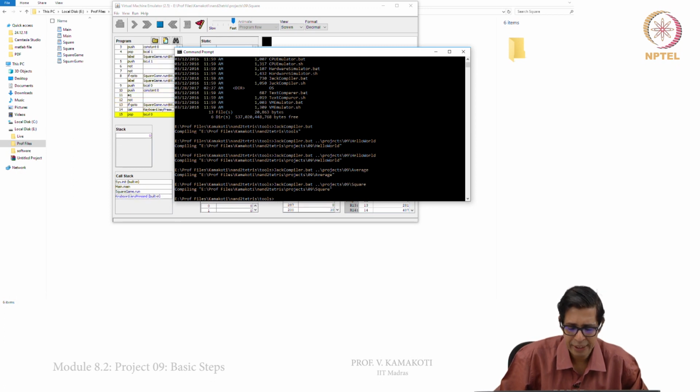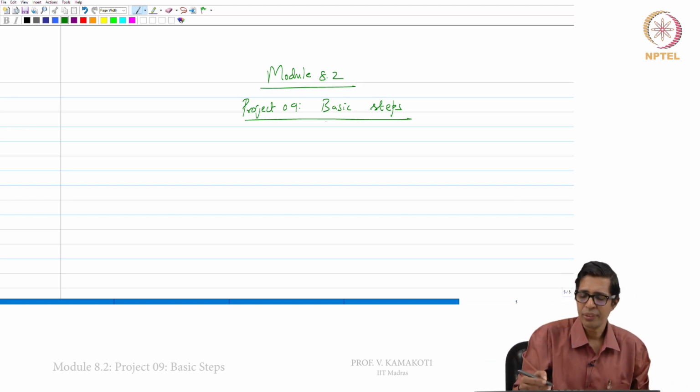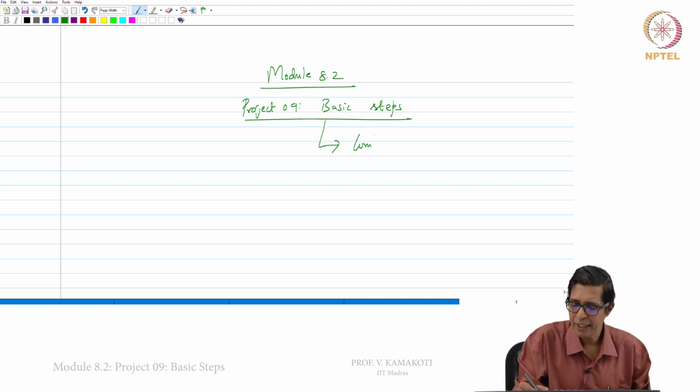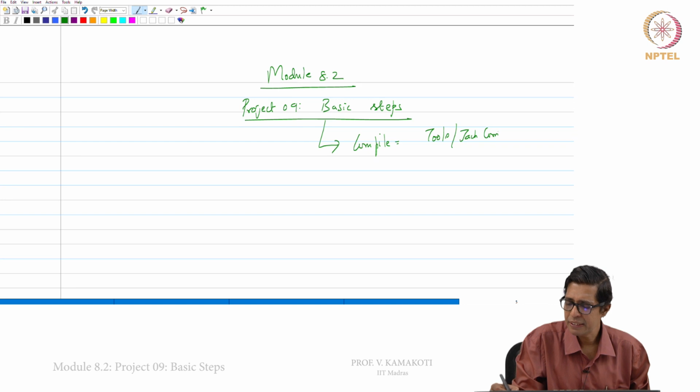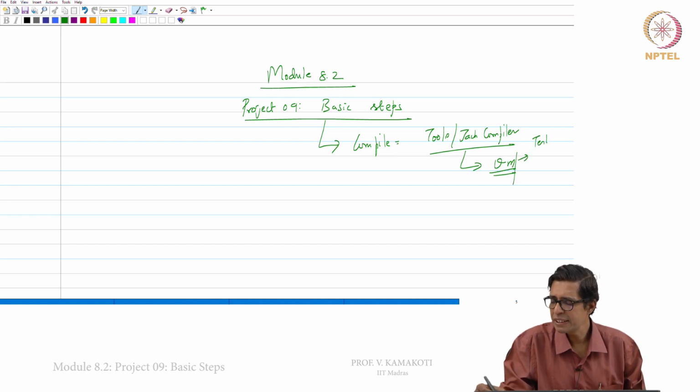This is what I wanted to cover in module 2. I want all of you to execute these things. So, compile using tools/Jack compiler. This will give you VM files. You can now test these VM files on the VM emulator.